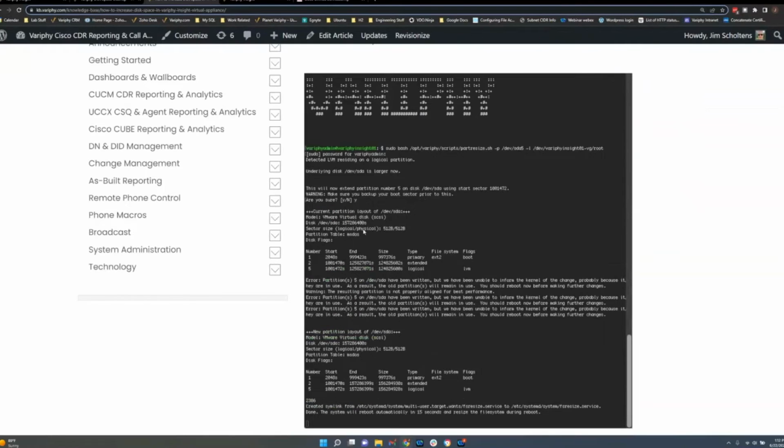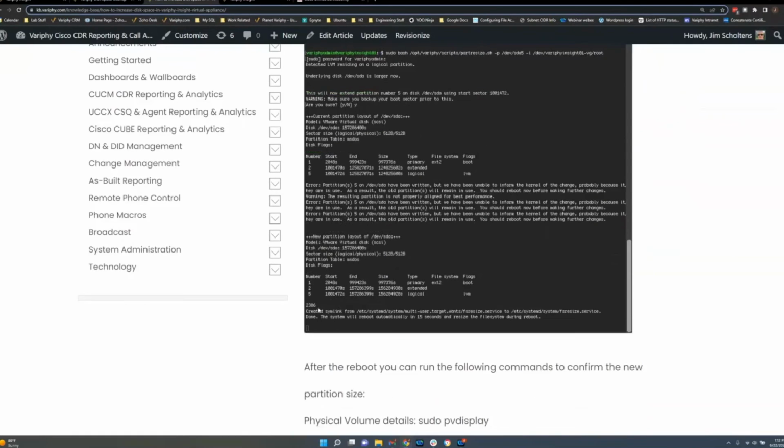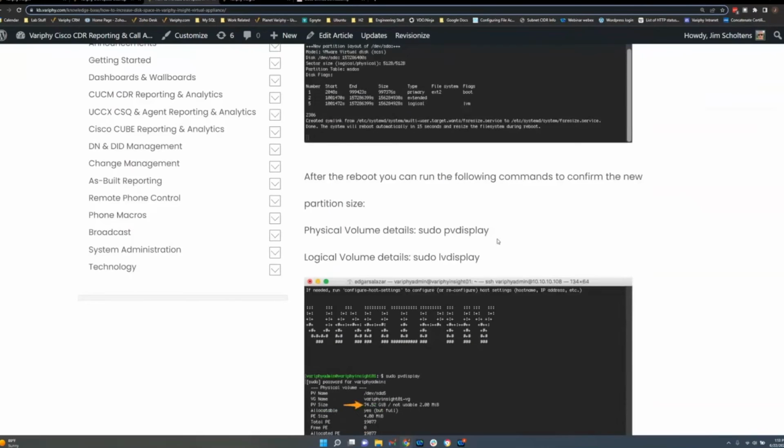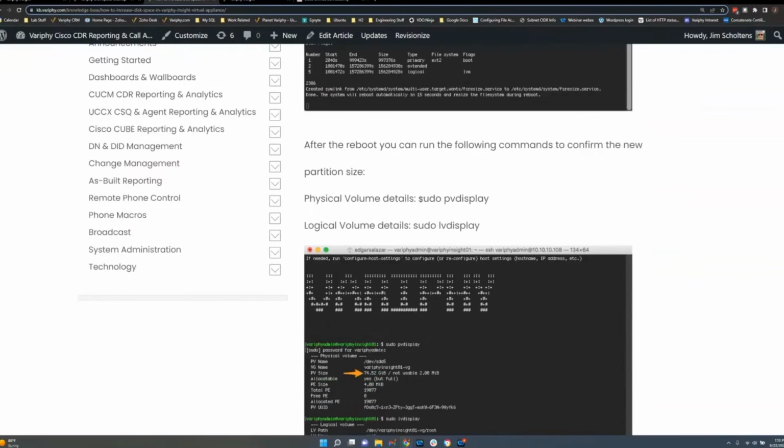And you'll expect to see this screen here. There probably will be some errors. You can ignore those. The main thing is at the bottom, it's going to automatically reboot the server. Once the server comes back up, you can verify that the space was added with a couple commands in CLI: sudo pvdisplay, sudo lvdisplay.